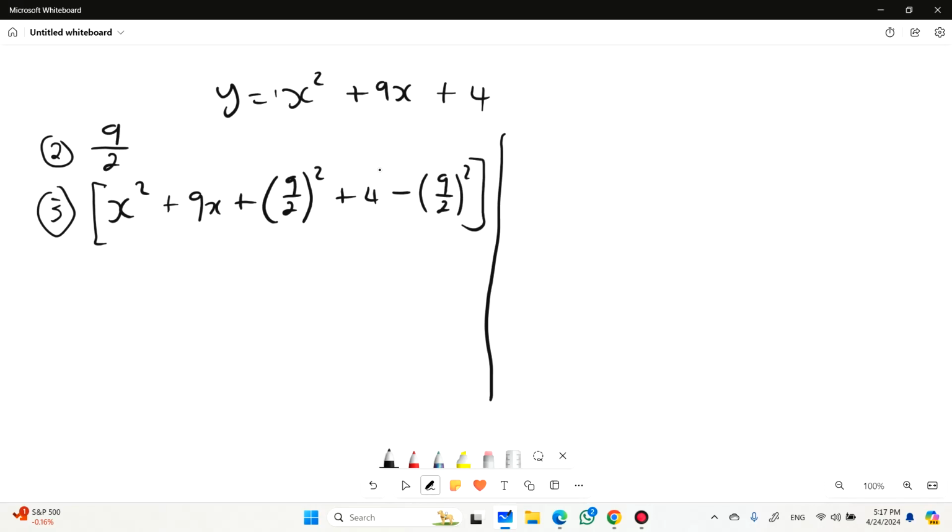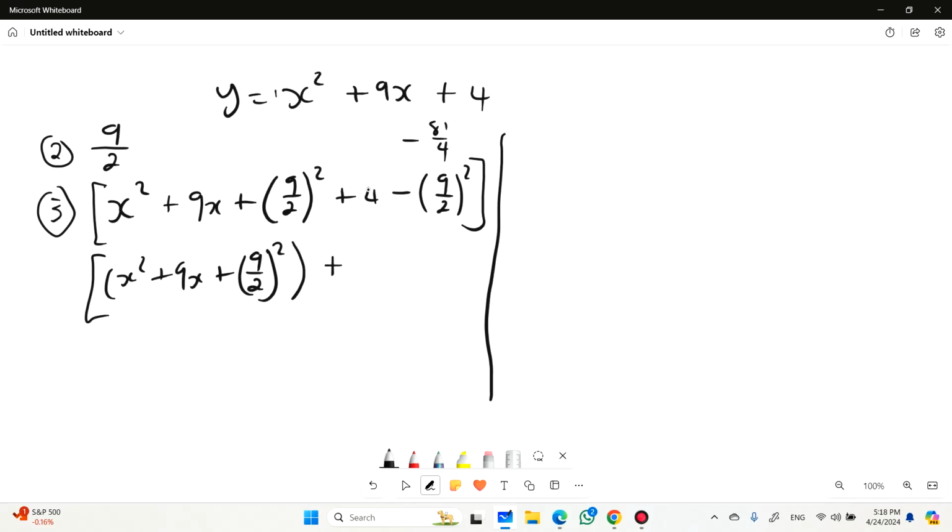Okay, so let's just hope that makes sense, right? You just divide the coefficient of x, and then you square that number, and then you add and subtract it into that equation, right? So now what I do is I'm going to put these in one bracket. So x squared plus 9x, and then plus 9 over 2 squared, and then plus 9 squared, that's 81 over 4, right? So that's 81 over 4